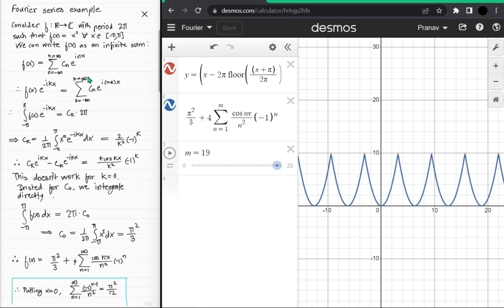Right, and for this particular example, we want to deal with the function f(x) equal to x squared in negative pi to pi, but then this function repeats itself. So the actual graph of this function is like this: x minus 2 pi, floor of (x plus pi) upon 2 pi. So x plus pi, it just shifts